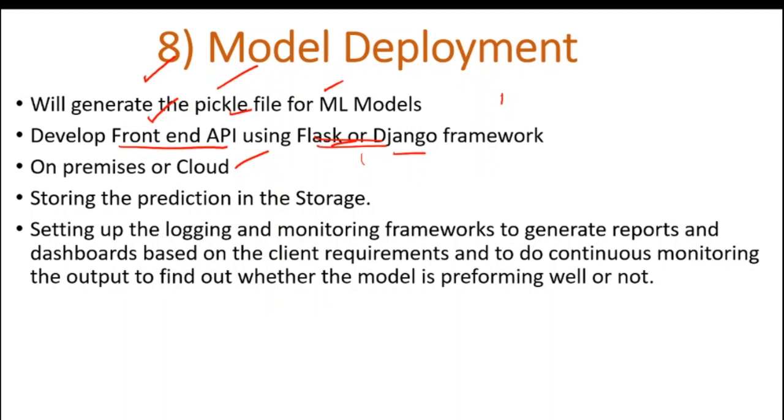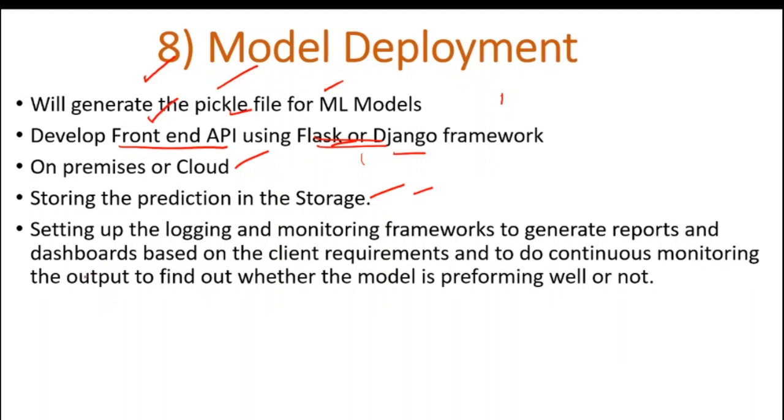Generally, companies are using AWS, Azure, Pivotal, Kubernetes, Docker, Cloud Foundry. Most companies are using these nowadays. Once the API is ready, we pass the inputs to the model. The model behaves just like a black box. It will just take the input and give us the output. Whatever the model is predicting, we will store in some storage, so that using that storage we can do auditing, like how the model is performing.